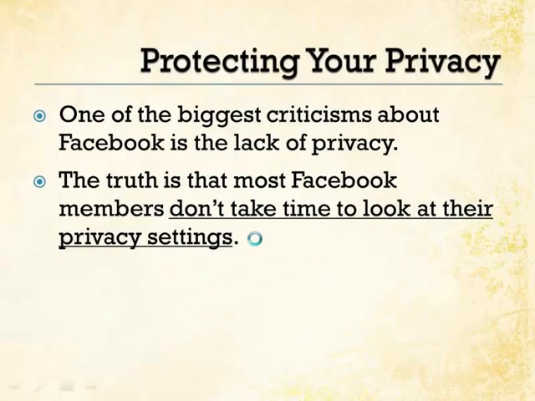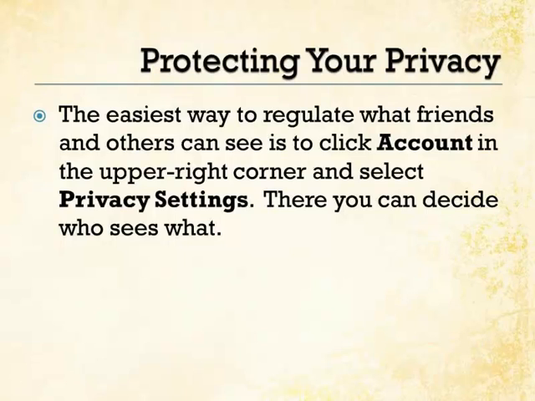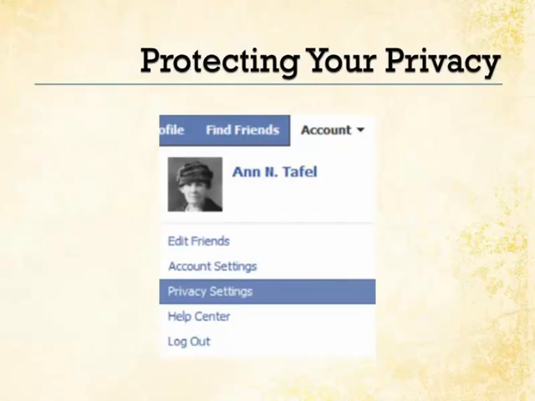The easiest way is to click Account in the upper right corner of Facebook and select Privacy Settings. This is where you decide who can see the things on your Facebook account. This is what the screen looks like. You go up to Account and then you say Privacy Settings. This is the photo for Ann Toffel. This is actually a fictitious person, but a real photo. So this is something